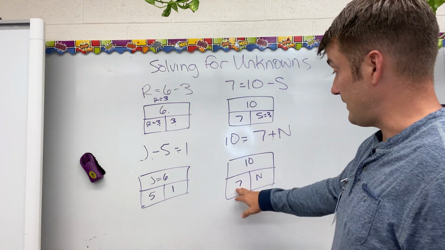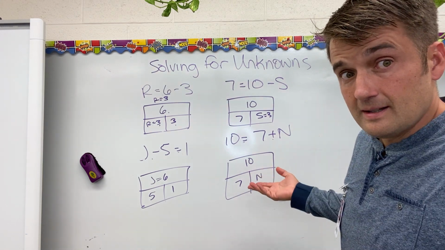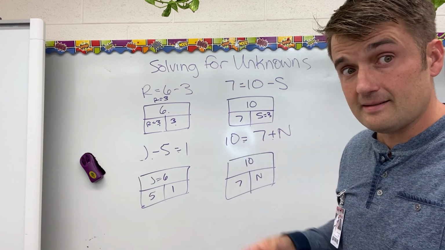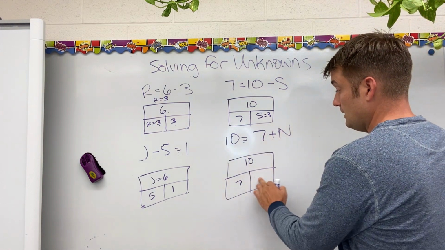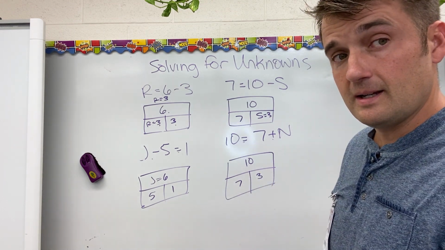Okay, so if 7 and n make 10, what is n? Same thing as it is here, right? 7, 8, 9, 10. 3. 7 and 3 makes 10. Okay,